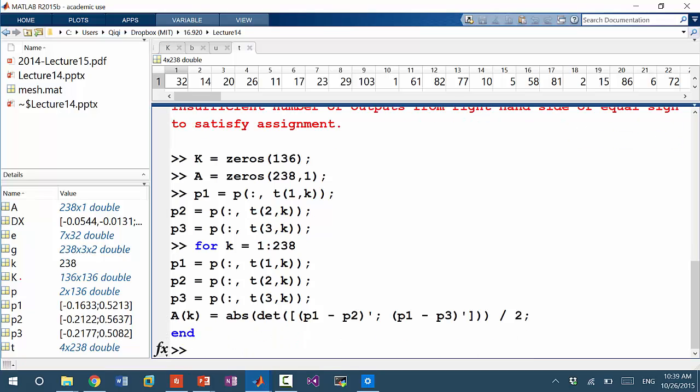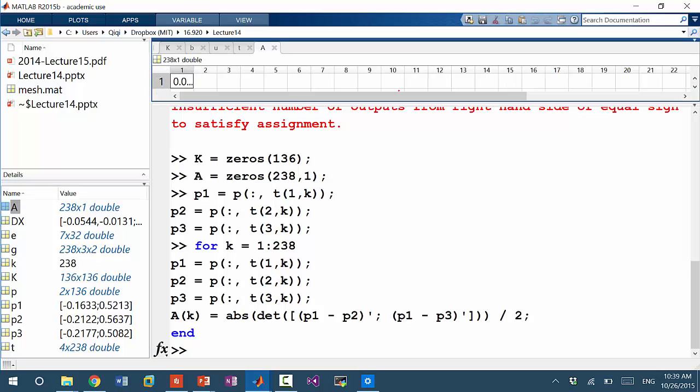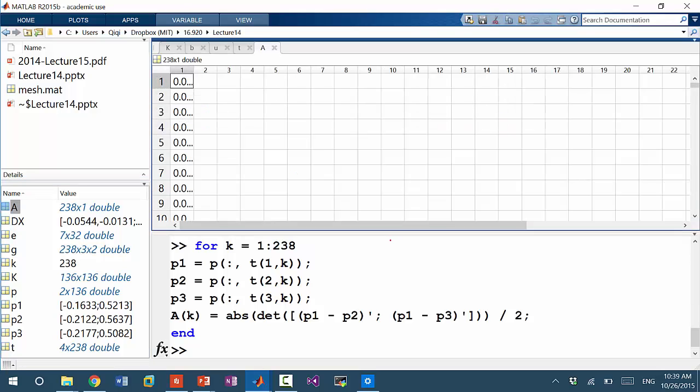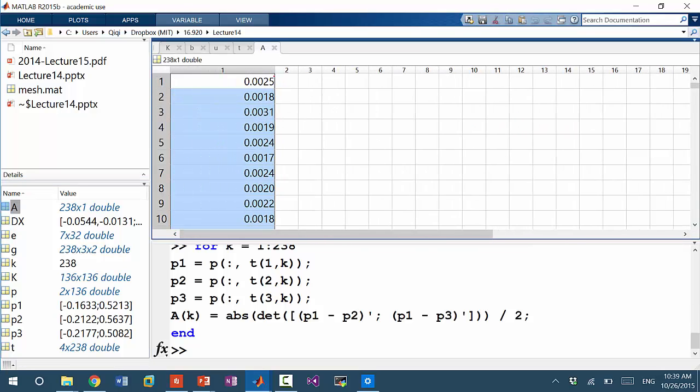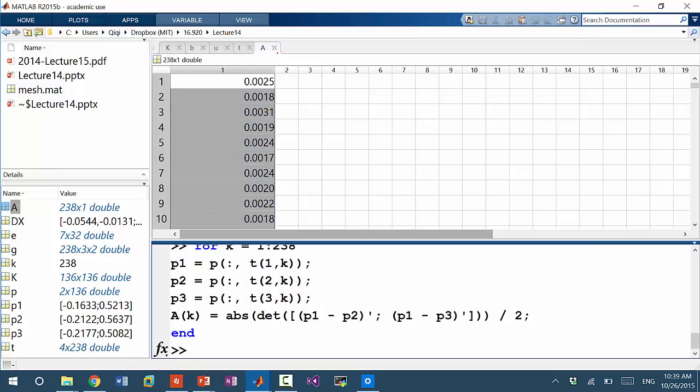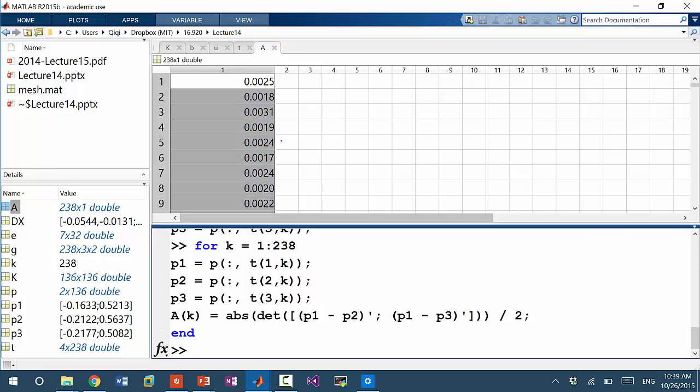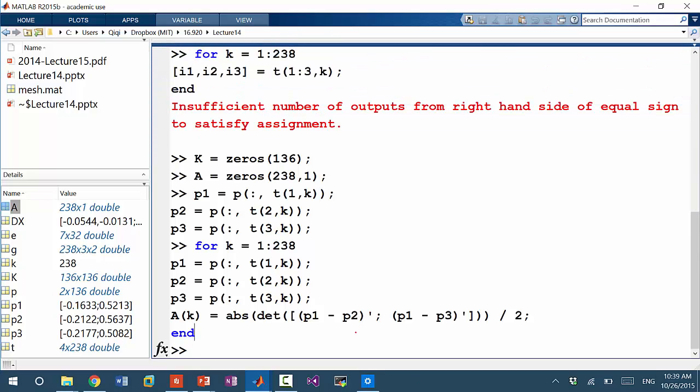So we have a matrix A. Let's inspect it to make sure it looks roughly correct. 0.25, this is positive. I think it should be of the right magnitude. So we have the area now, and I think we are ready to fill the stiffness matrix